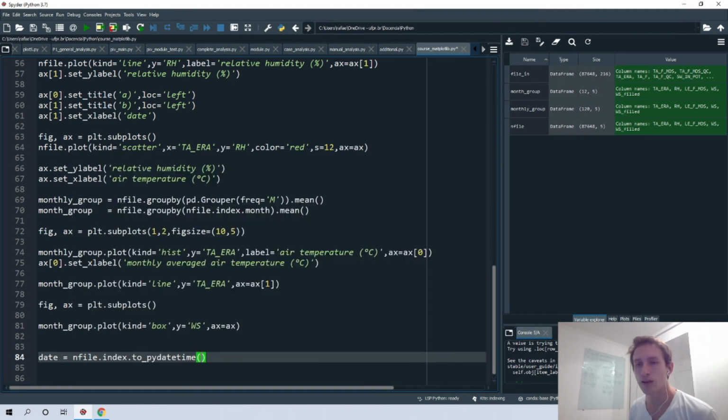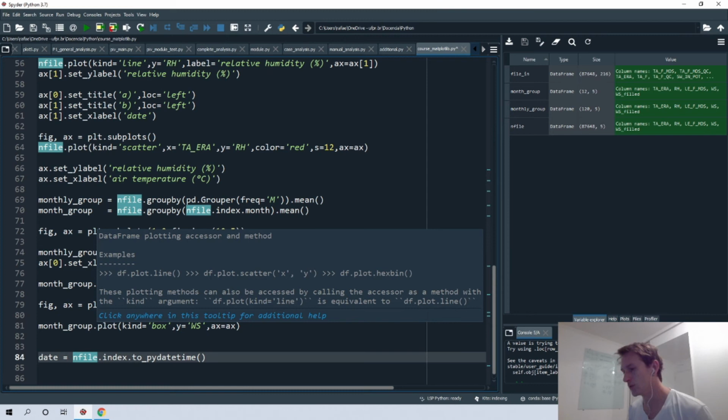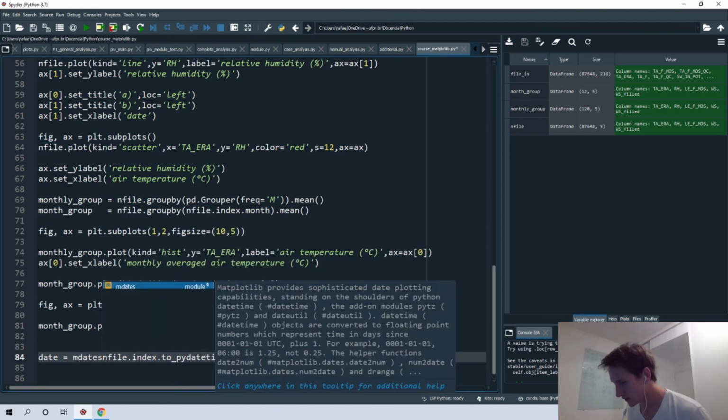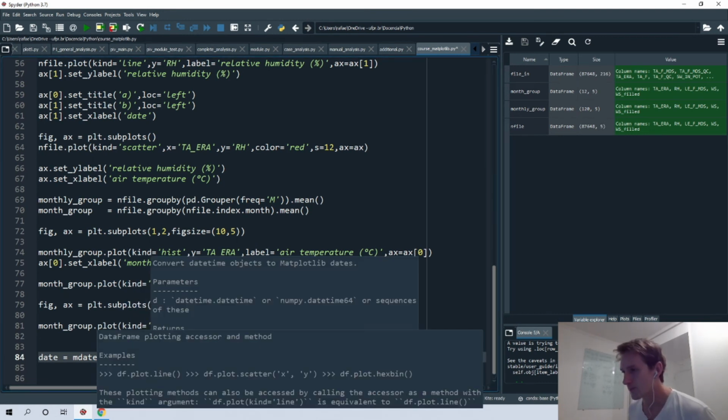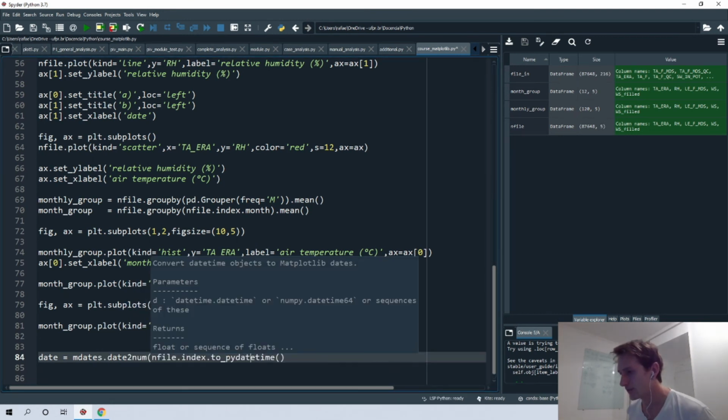But now we must convert that string to a number. This is done using the package mdates. So we call mdates.date2num, and then you have the value.